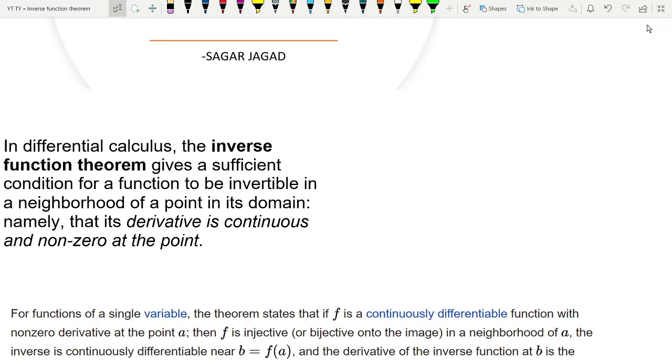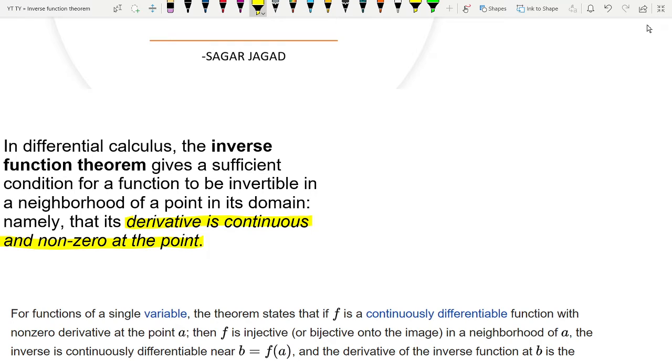We all know if the function is bijective, then the inverse exists. Then why is this theorem so important? What is it that this theorem tells us that is special, beyond being bijective? This theorem gives you the sufficient condition for the inverse of the function to exist in the neighborhood of the point in the domain, and that condition is that the derivative of the function is continuous and non-zero at